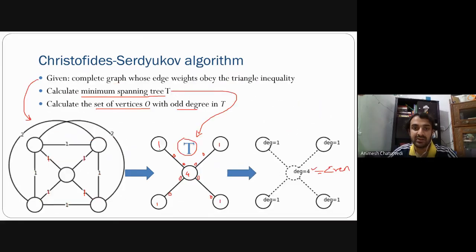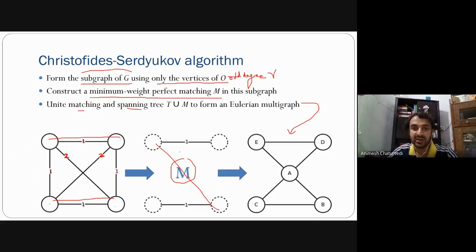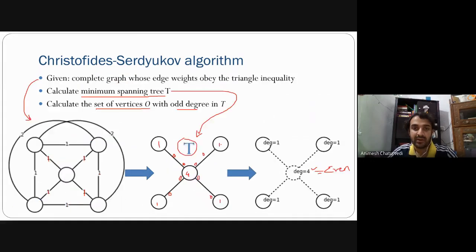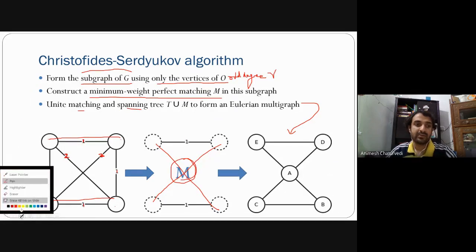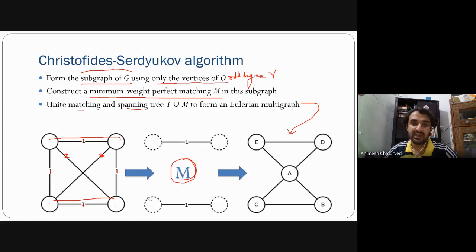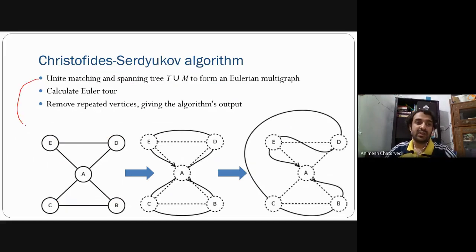How to do the uniting? In the T, this is there. So this should be there. And there is a big circle in between. So you can't do it directly; you have to create a node in between because it was also in the T, and you have to do it like this. And this was being created. Now you have united the T and M. This is T union M. That is what we created, T union M.